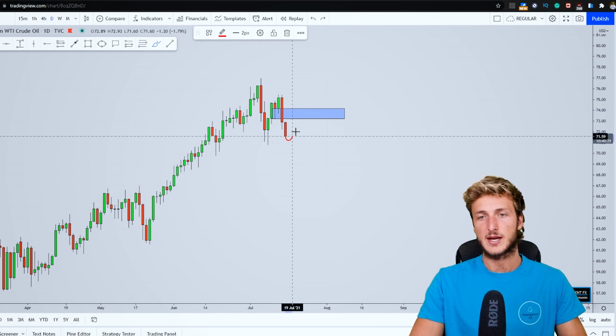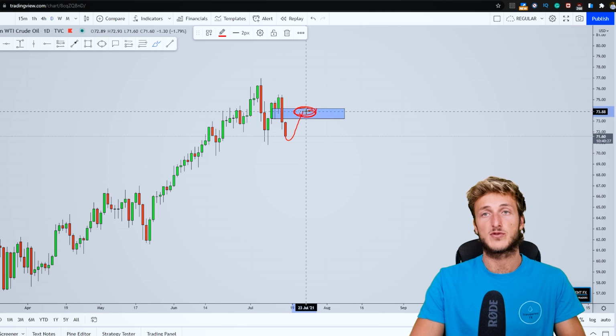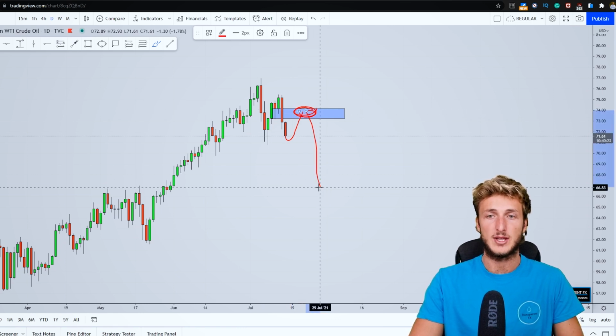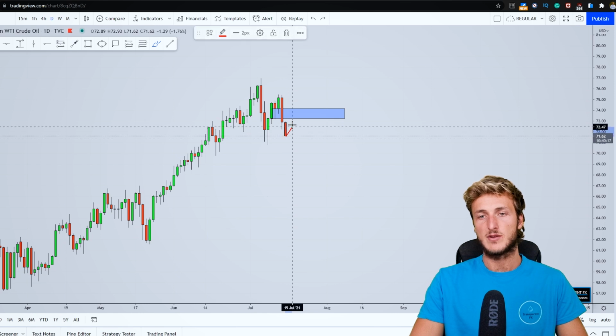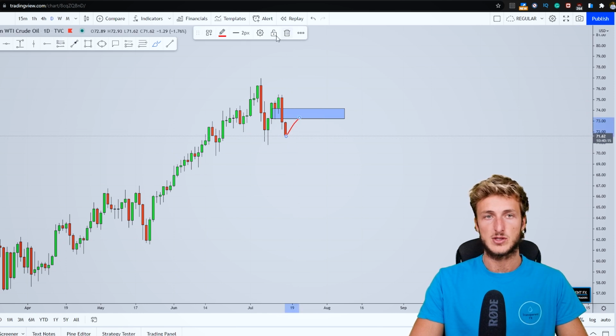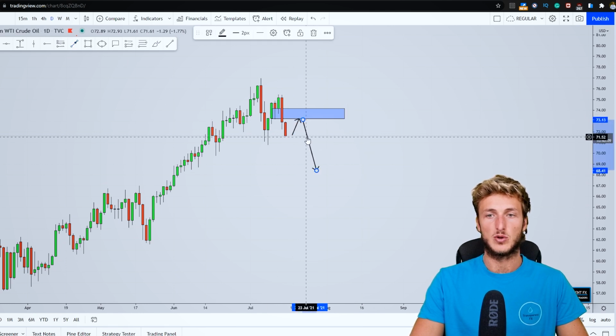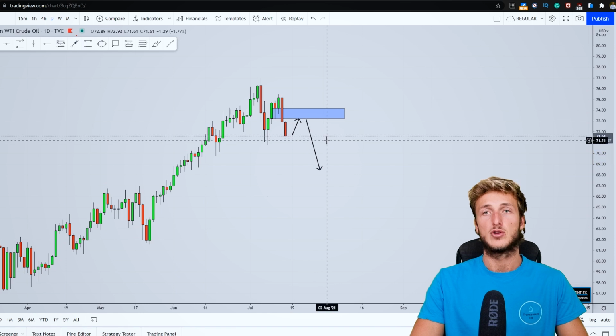So what we can expect at this point, from a pattern perspective and structure perspective, is to see the market go and retest this area before potentially providing a continuation to the downside. So basically, if the market will provide a correction to this zone, inside of here there is definitely the possibility to be looking for a potential shorting opportunity back down to the structure that we have already identified on the monthly and